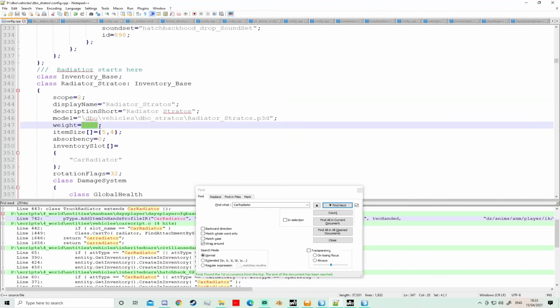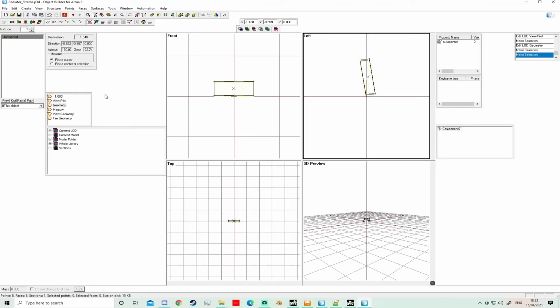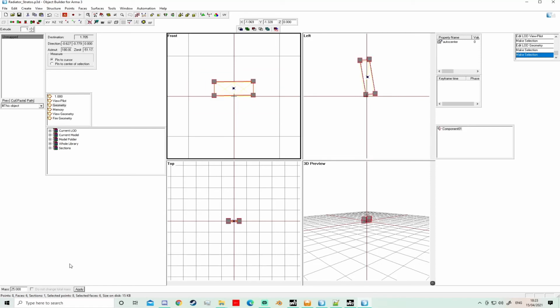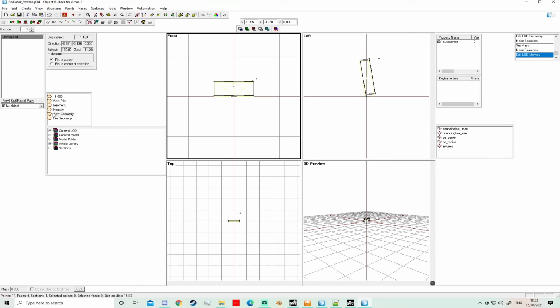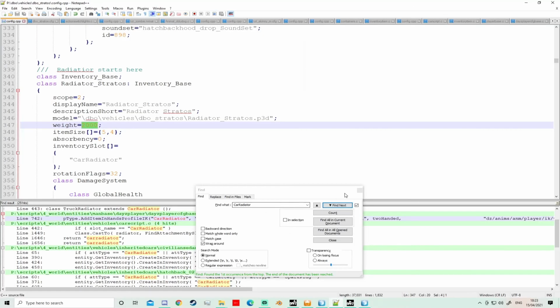It's 2000 there, 2000 grams, that's 2 kilo weight. Yeah, in this mass I've set it at 25. I am not the authority on that, but officially it should be 2 kilo like that. But it's silly because we just set it as a heavy item, haven't we? View geometry. Now we've got radiator here because when we're looking at it, if we look here,